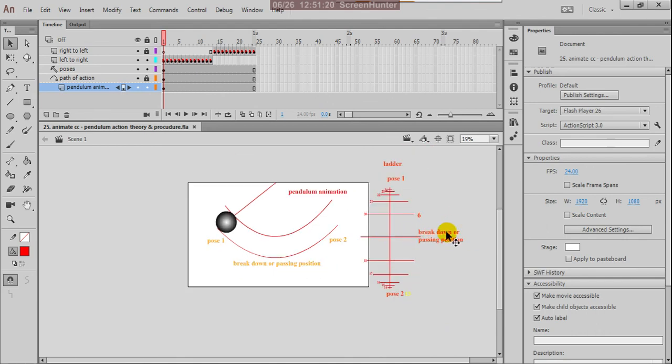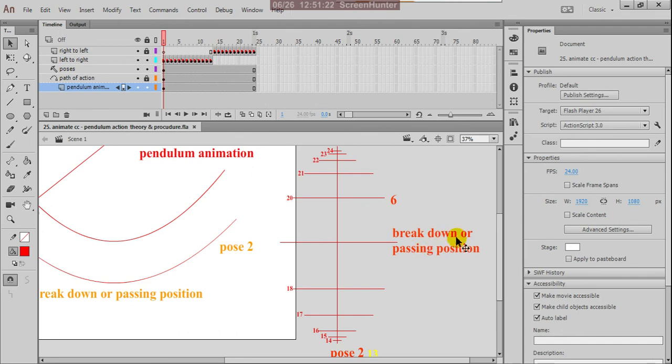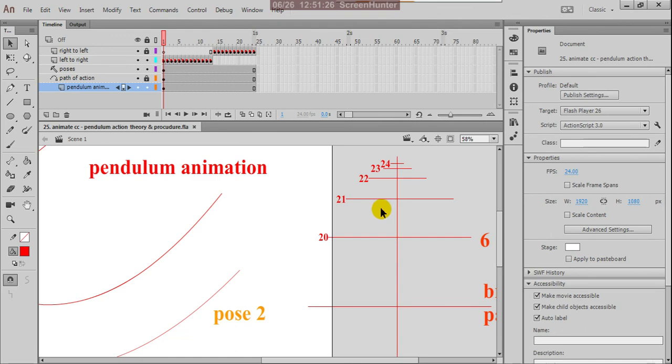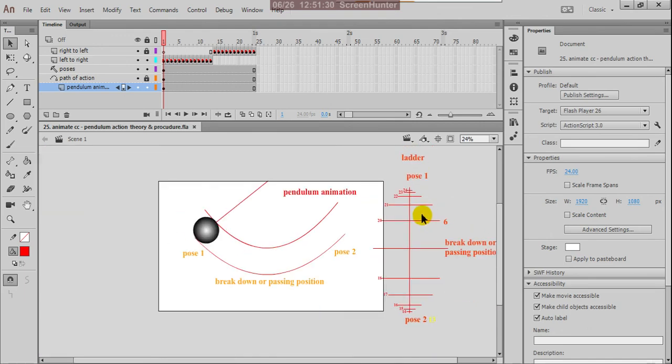So here this is acting as the breakdown or passing position again. Then this is 20, in between again 21, 22, 23 and 24. Okay, these are the frames. So your pendulum is swinging in 1 second, continuously 1 to 14 and 14 to 25th. Here 25th means 1 again.